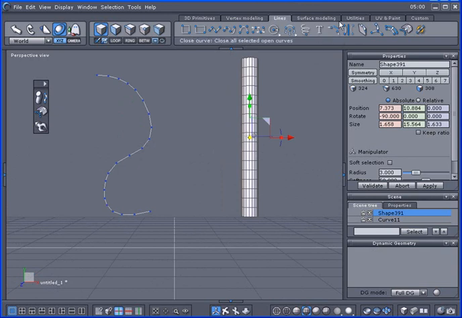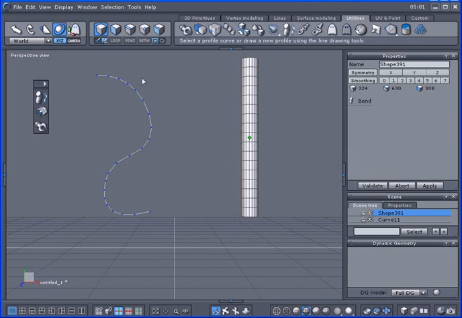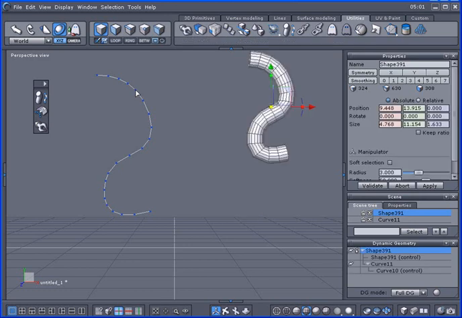Then we're going to go ahead and select the bend tool. At this time, we're going to turn around and select the path that we made that we want to bend. So we'll go ahead and validate that. Now I'm going to go ahead and just select the